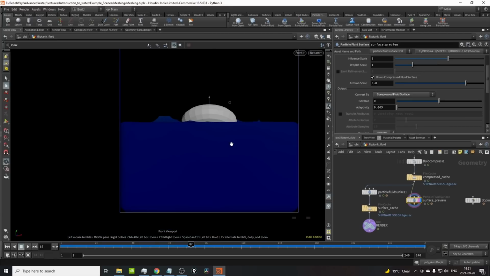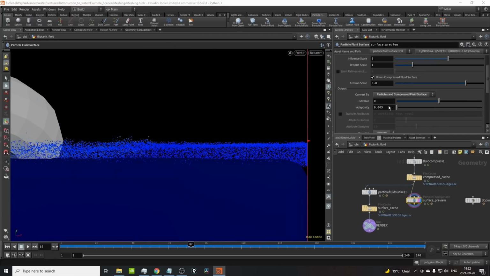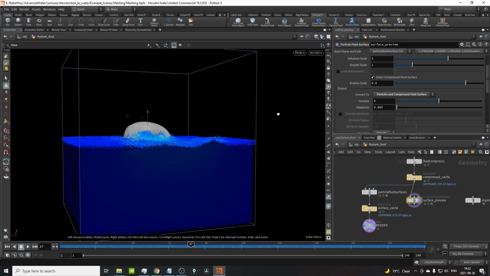It is quite a bit higher of a mesh than if we look at the particles and compressed fluid. And that is because Houdini actually remembers, that is one of those many detail attributes that we wrote out, how many voxels worth of particles did we save out. So Houdini knows how big this area is. So what it does, it simply removes and erodes away the surface level by this distance, and then converts it into a mesh and merges it with all the particles,